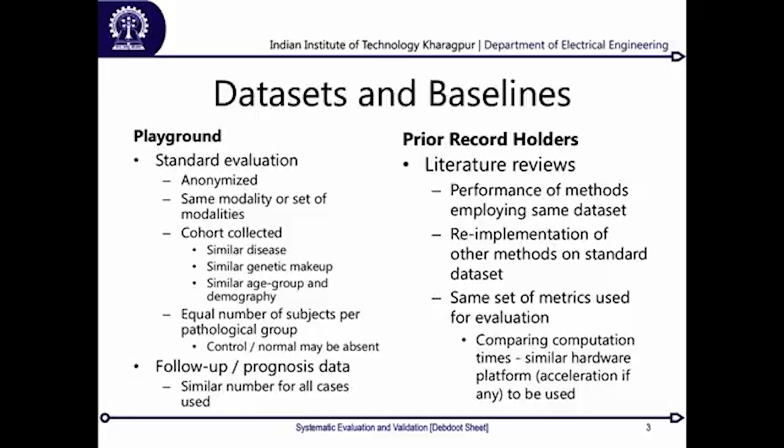So if you look into the dataset part over here, we have very standard paradigms of evaluation. The first and foremost thing to be guaranteed for medical experiments is that the data needs to be anonymized. You cannot compromise on leaking out the patient information at any point of time. Now, information is obviously the name or some entity by which the particular subject whose data you are using can be identified. For all practical purposes of research and for all ethical concerns, we cannot divulge the patient information